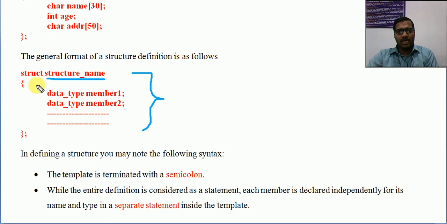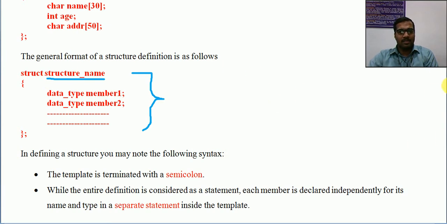Then we can utilize this structure name. Whatever structure name is being created along with the struct keyword, we can use that as a separate data type. It can be used for creating multiple persons or multiple students. Like that, we can form different records. We will see further details later.